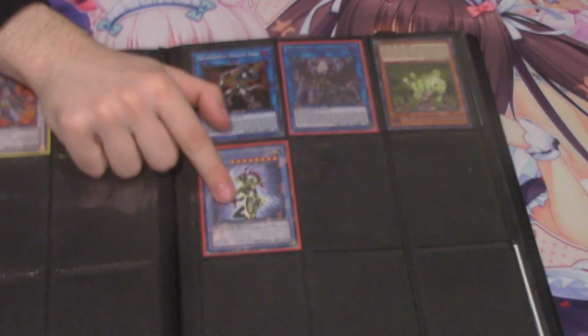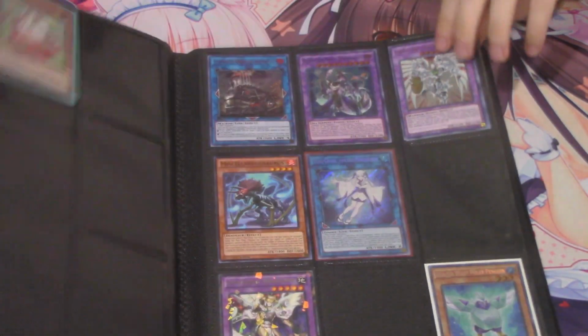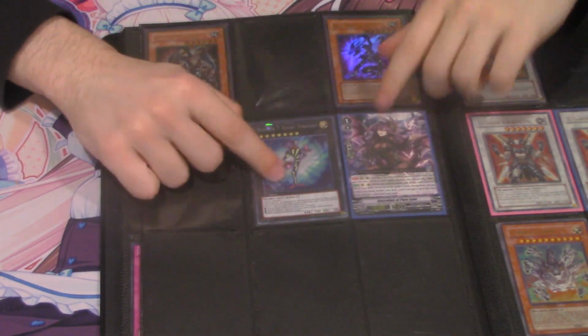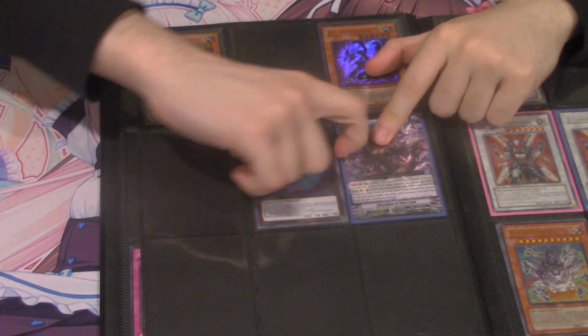BLS right here. Oof, DT. Sorry about that, guys. Just some random stuff here on this page. I don't even know. More random stuff here. Number 7 Lucky Straight here, Secret Rare. I actually really like this card because